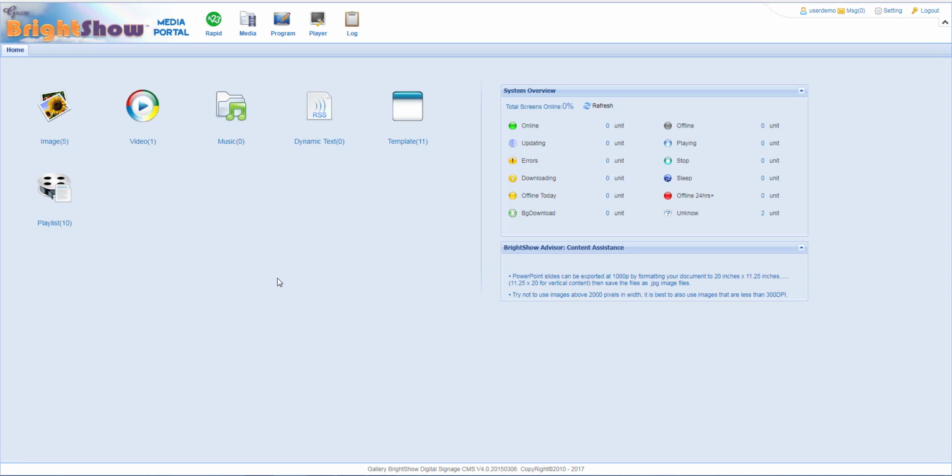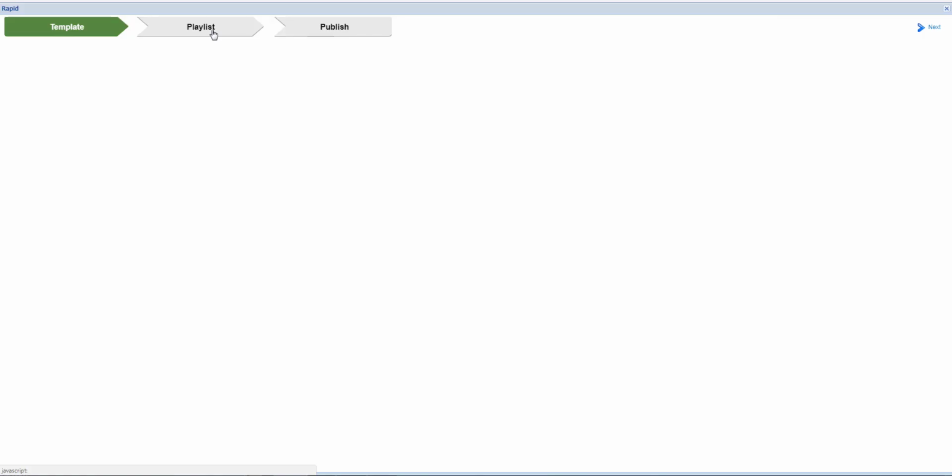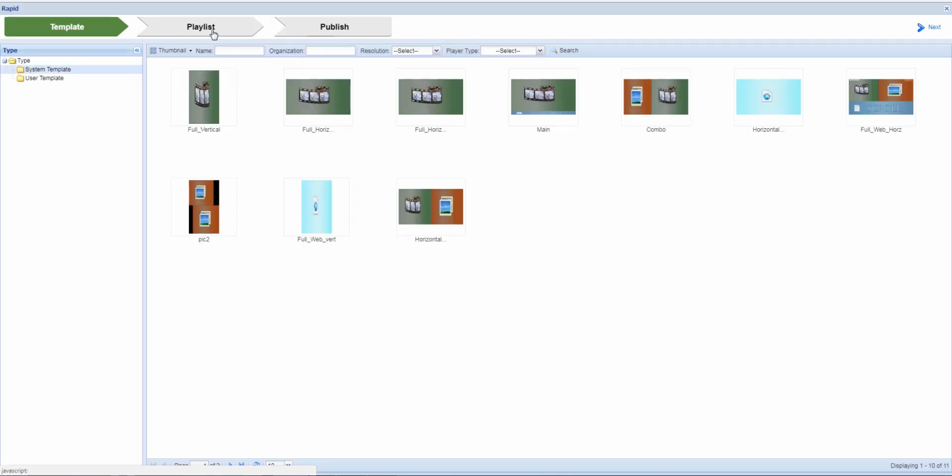Today I will be demonstrating the ease of use as it pertains to the Rapid Publication feature. This little button will quickly take you from content creation software to 1 or 1,000 of your BrightShow digital signs all across your environment in many different locations. When I click on this little green button, 1, 2, 3, it brings me to my Rapid Publication wizard and